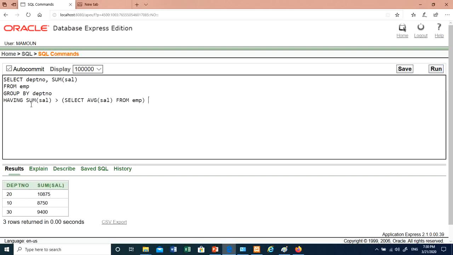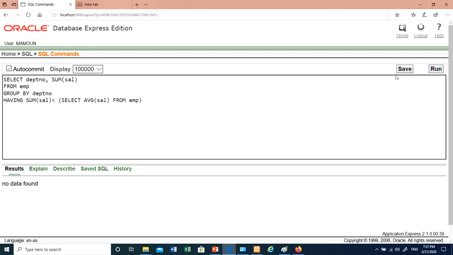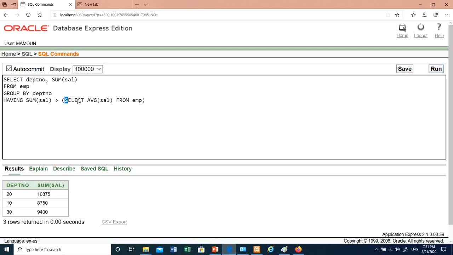But this statement in the having clause shows only those whose total salary is more than the average salary from the department, which is, in this case, the same statement, because this is how the output is giving me, and this one might not give you any data, no data found. But the statement simply here shows that you can use a subquery for an aggregate function as well,